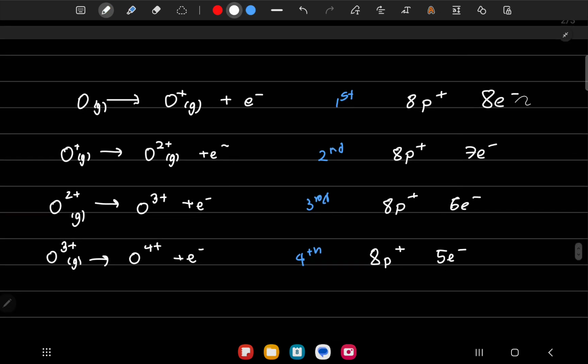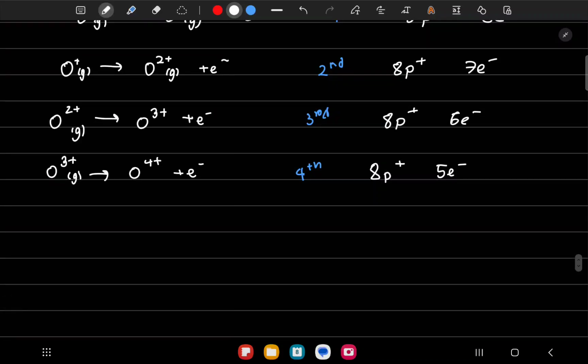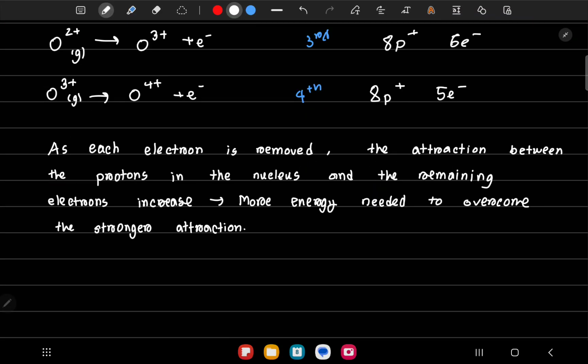In this case, something similar happens. So each proton has fewer electrons to attract, so they can attract them more strongly. So the electrons are more strongly attracted to the nucleus, which makes it harder to take out from the electron cloud. So as we